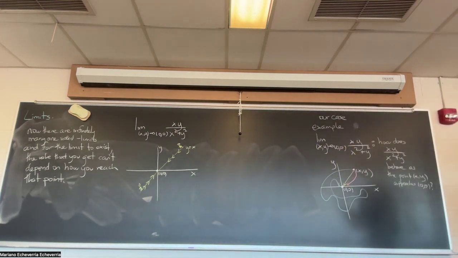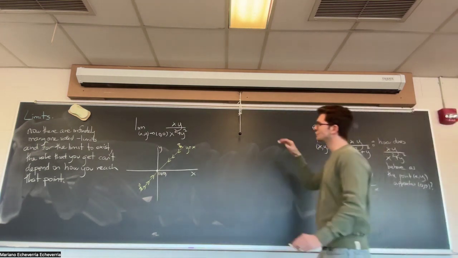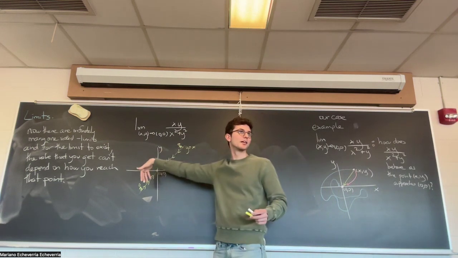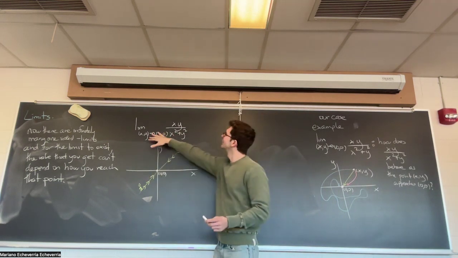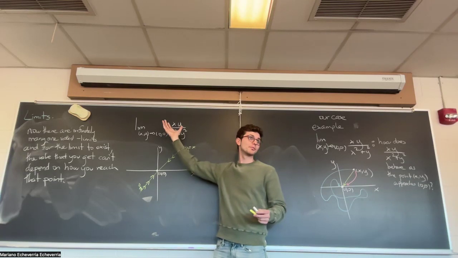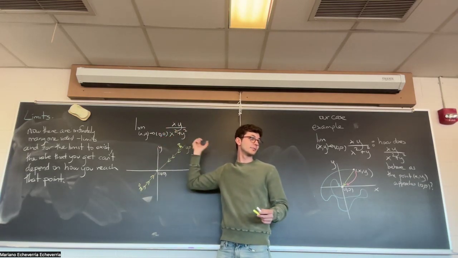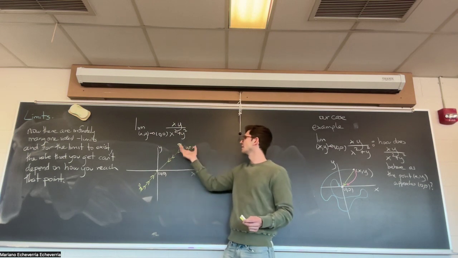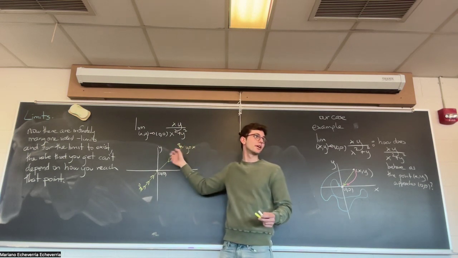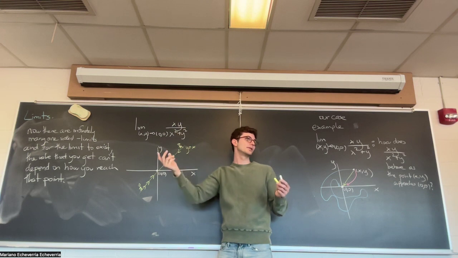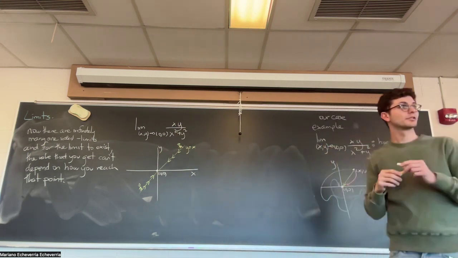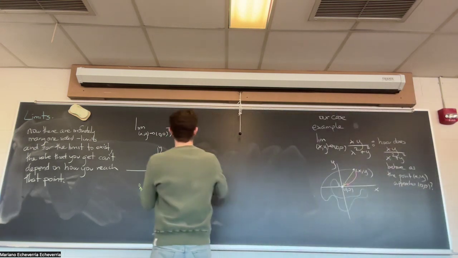Now, the reason why I do it this way is that once you choose a specific path, if you see it here, this expression depends on two variables, x and y. But once I fix my favorite path, there's a relation between the variables. So actually I can turn the limit into a limit of a single variable. So that's the trick to do here, because if you take the path